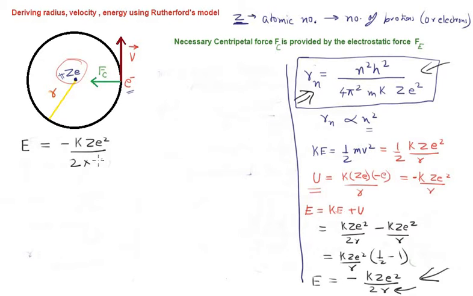So we will put down the values: n²h² upon 4π²mkZe². So it solves down to,